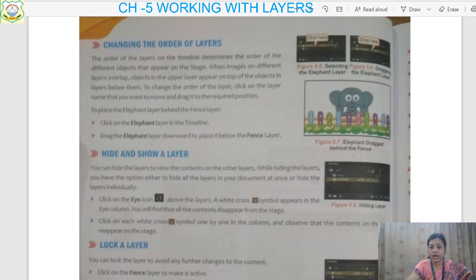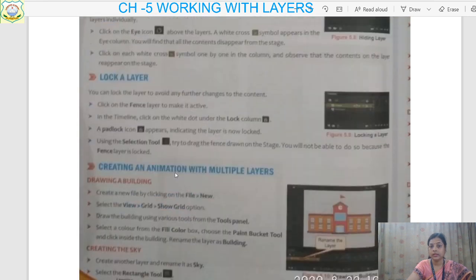Then after that, how to lock the layer. How will we lock a layer? So there is an icon for the lock. Okay, the icon is here, a lock has been made, dear. If you see the layer timeline, just in front of the layer you will have this icon, the lock column, and this padlock icon will appear. It means now your layer is locked. Why are you using the lock? Could something go wrong in it?